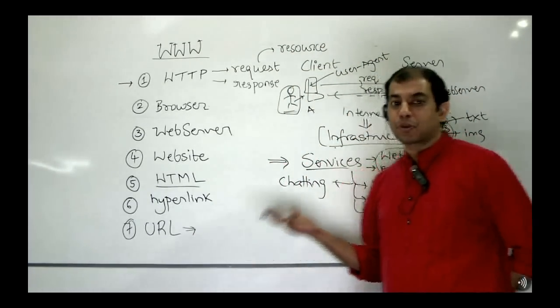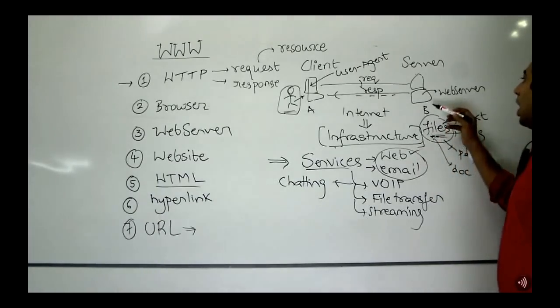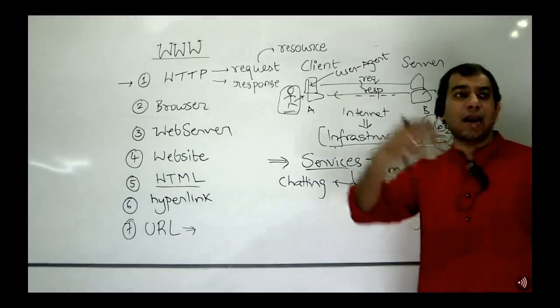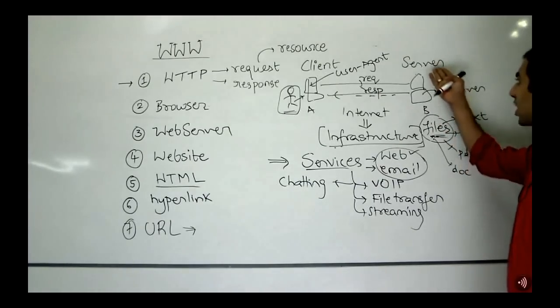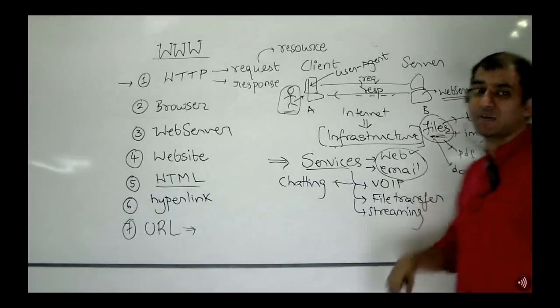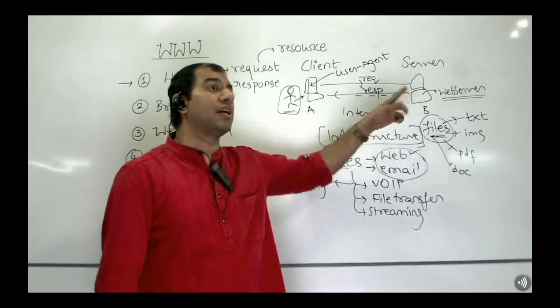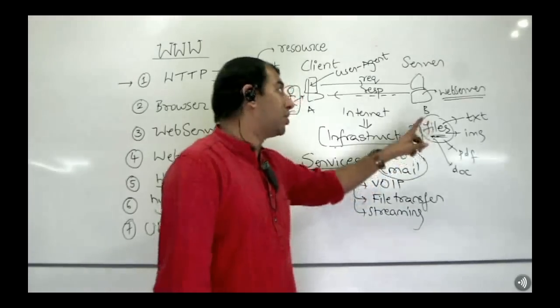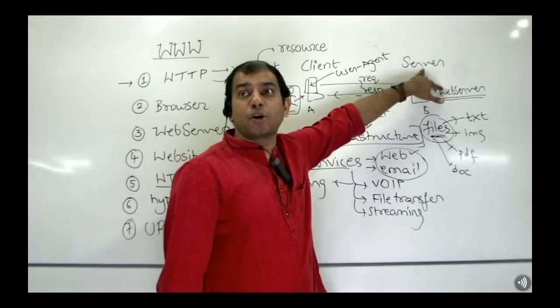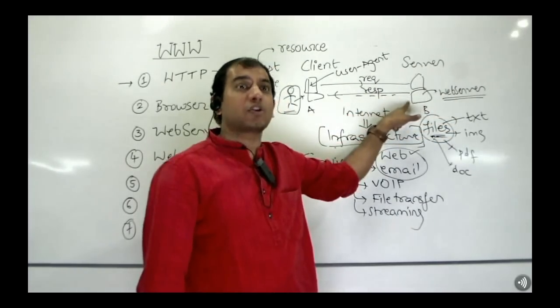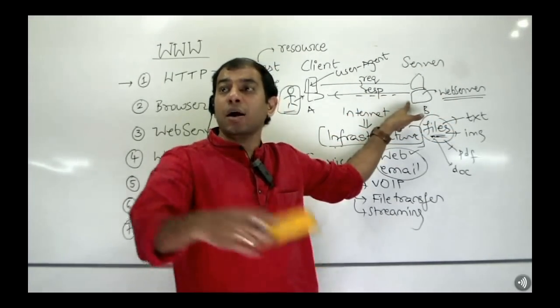So clearly, think about it now. How many server machines can be there with static IP, or any number? Each server can have how many web server softwares installed and running within it, or any number? Please note, have the distinction in your mind about server and web server. Server is the machine, web server is the software. How many web server softwares can be running in one server machine, or any number?